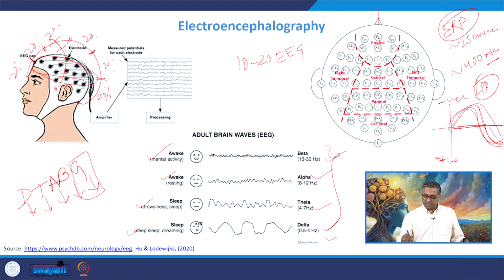So if you divide this brain into two halves, your left-hand side holds the odd numbers and your right-hand side holds the even numbers of the electrodes. So the even-numbered electrodes are FP2, AF4, F4, FC4, and this is how you can see the central side holds the central area.